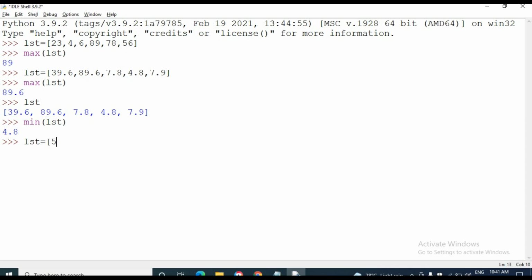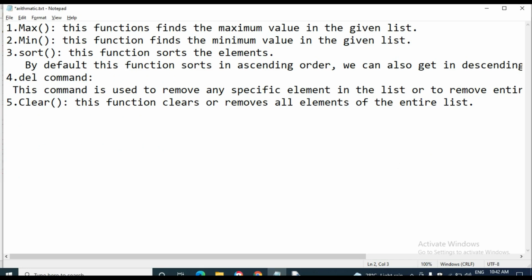Okay, then I'm going to perform another one: 5, 0, 89, 67, 34, 234, 675, 897. I want to find the minimum element of the list. Minimum of lst, 0. 0 is the minimum element of the list.